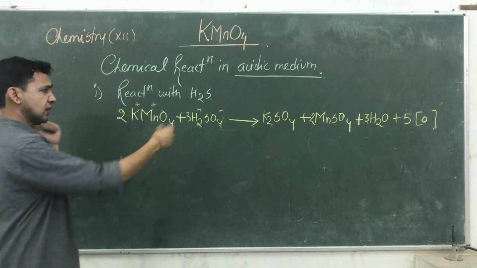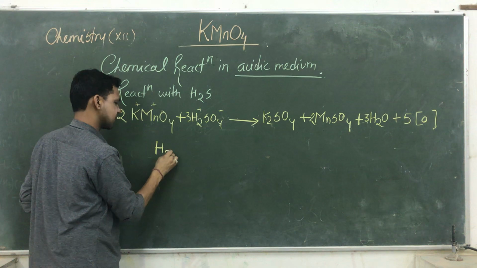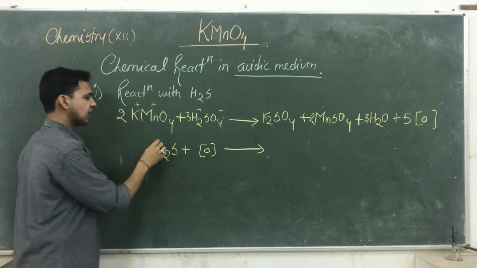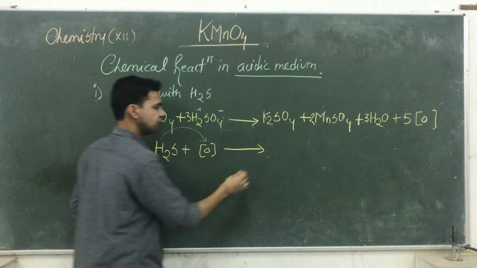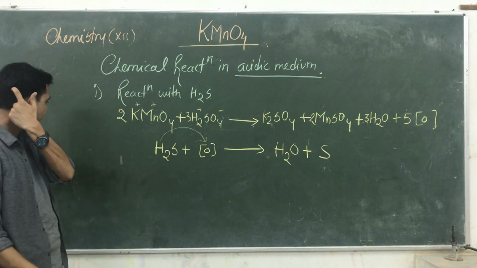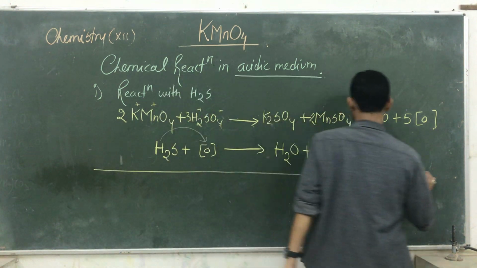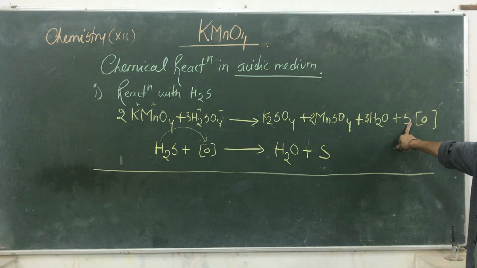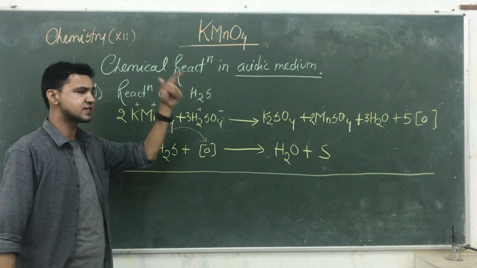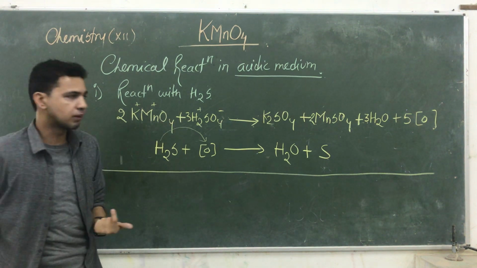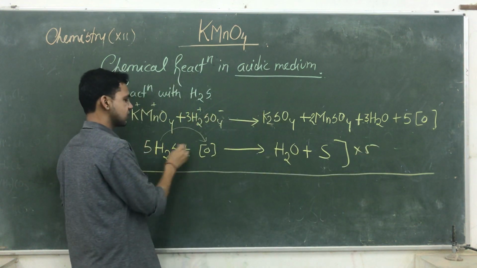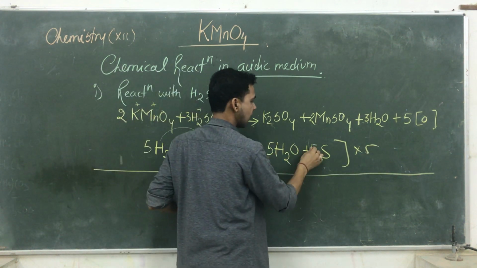So guys, in the next step we are taking H2S. We are passing the H2S gas. It's reacting with oxygen. Here the hydrogens have more affinity towards O. It gives you H2O, and they are releasing and forming a large amount of sulfur. So see, we need to balance the overall reaction. In this reaction, how many nascent oxygens are we taking? 5. But we are only consuming 1. So we need to balance the whole equation. However many nascent oxygens are produced, that many must be consumed. So we need to multiply the whole equation by 5. So that is 5H2S, 5O, 5H2O, and 5S.